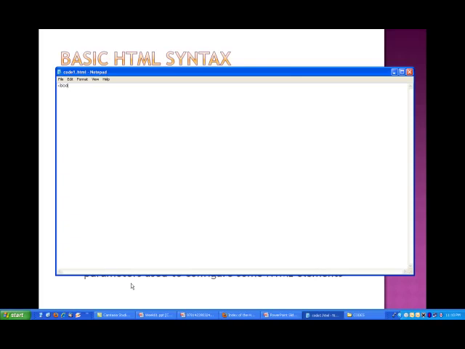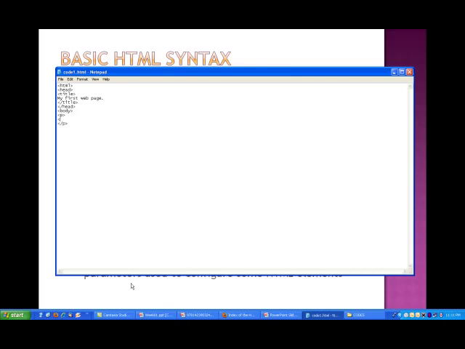Then I create the HTML tag, the head tag, and my head tag contains the title, and that would be my first web page. I need to close the title tag, I need to close the head tag, and then in the body of my HTML document I put the paragraph,